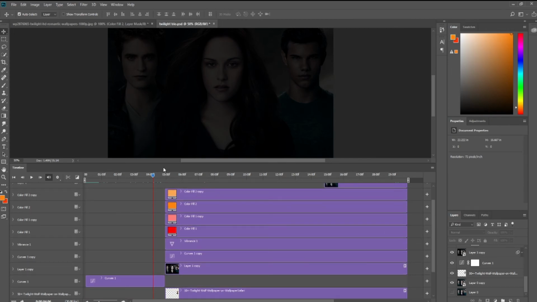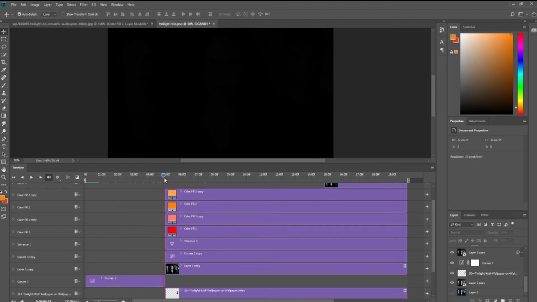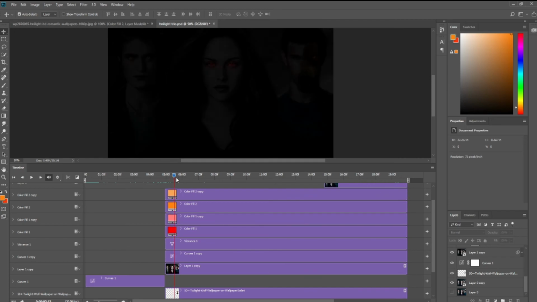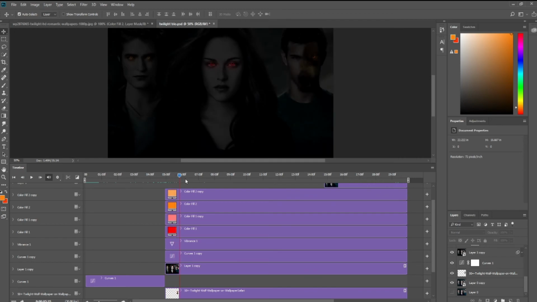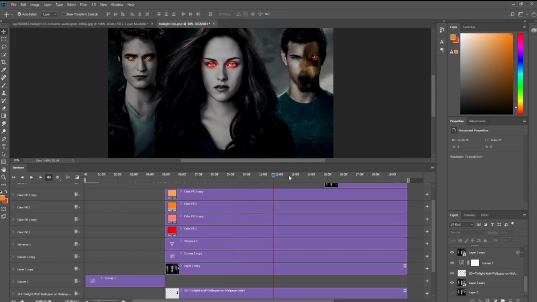Now let's move above. After it turns whole dark, it will again change its opacity, meaning that for the second curve layer, the opacity will decrease from 100 to 0%, so that the background will start to show up again, and you can see those bright eyes of the characters.